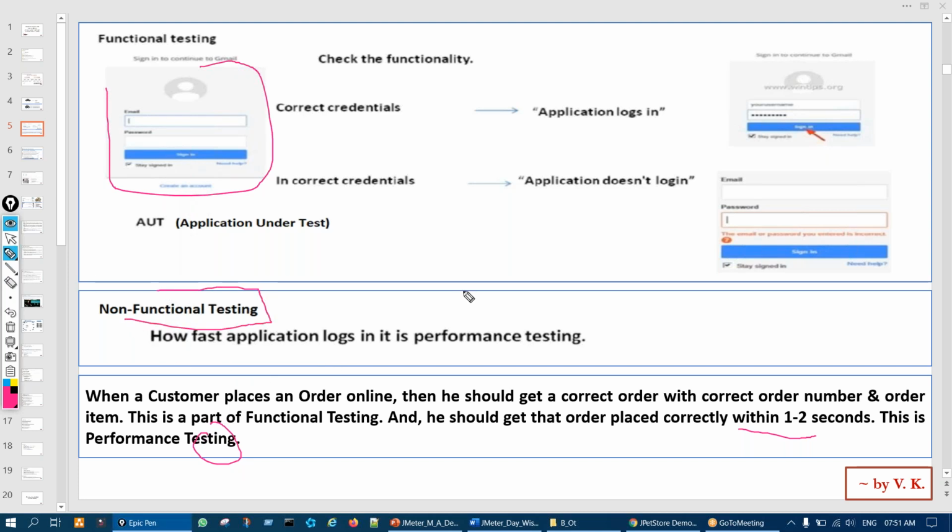Another is security testing. That is a totally separate domain. In security testing, we check how protective or how robust our system is in terms of security, so that it cannot be hacked, or hackers should not be able to crack this login and other things, right? Since it doesn't bother about the functionality, it bothers about different aspects. So they are known as non-functional testing. And in that, these are the two major non-functional testing types, performance and security, right?